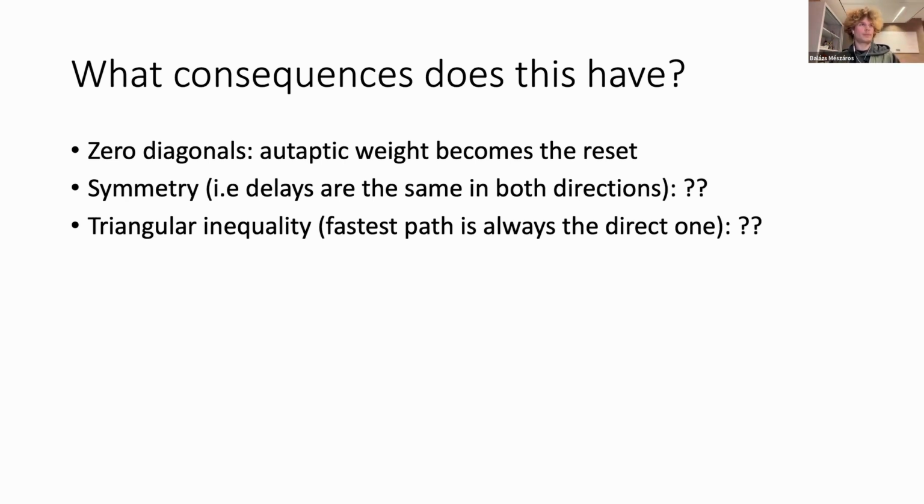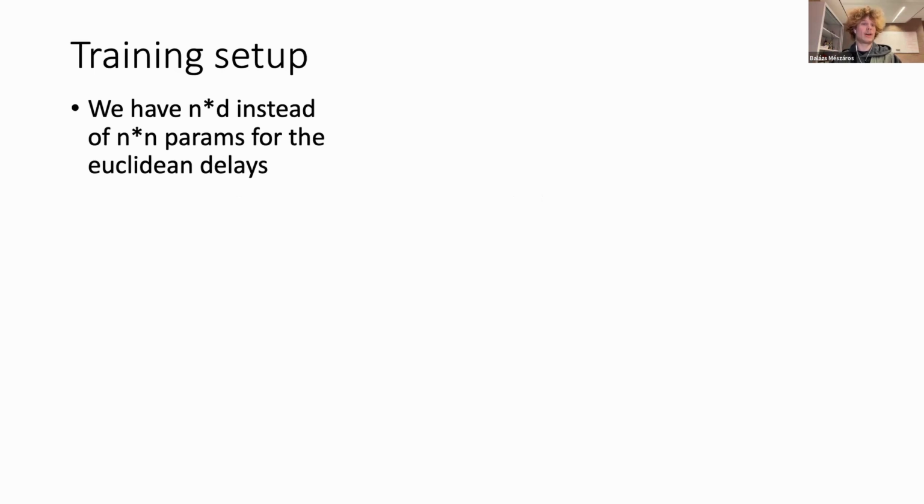And so from here on, I will focus specifically on networks that were trained on Spiking Heidelberg Digits with a single hidden recurrent layer. In this hidden recurrent layer, the neuron positions were optimized with the previously shown update rule. First, we wanted to measure: is this too strong of a constraint, the three that I show here? Is the network still even capable of learning something useful? One more thing I would like to highlight is that we also compress our parameters in this network. Beforehand, we had n times n delays, and now we have n times d, where d corresponds to the number of dimensions in space.